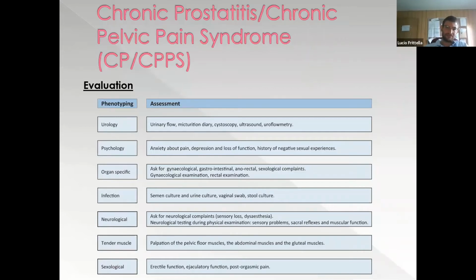So the urology phenotype or urology pathway, we need to assess the urinary flow, micturition diary, you might need a scope, ultrasound, uroflowmetry. Psychology, we discussed, patients often have anxiety about pain, they have depression, they have associated negative sexual experiences. There are some organ-specific conditions that can also cause pelvic pain in the vicinity, in the perineum. So there's gynae stuff, there's anorectal pathology,